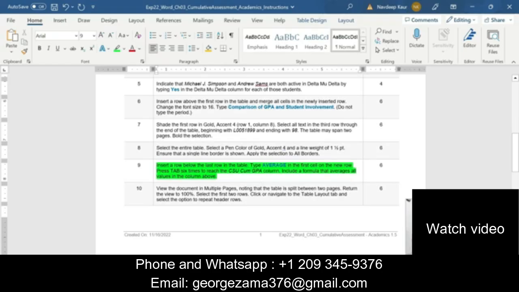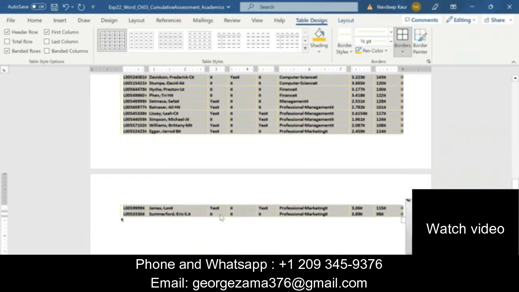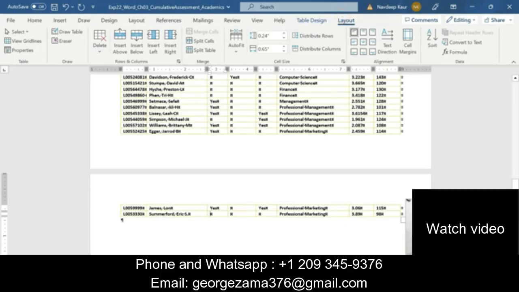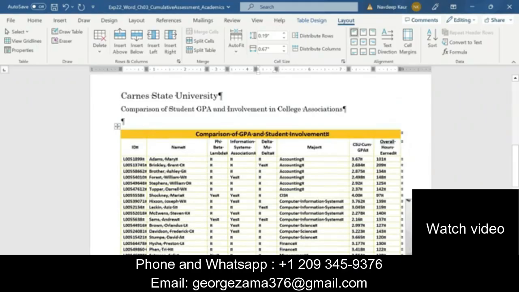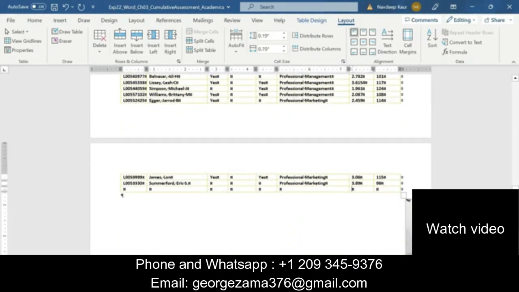So we will go to the table, go to the last row. This is our last row, and we are supposed to insert a row below this one. So for this, go to the layout tab again. After going to layout tab, click on insert below. So we are supposed to press tab 6 times so that we can go to this column, CSU GPA, this column, this one. So we will type average here,